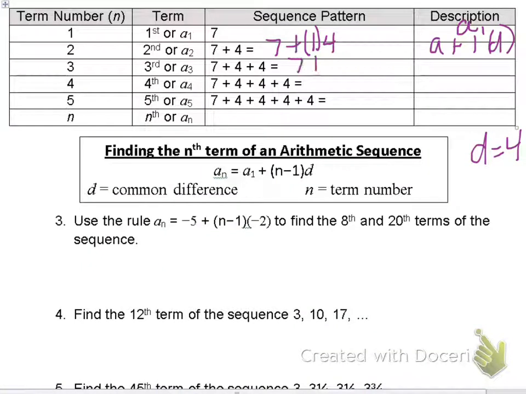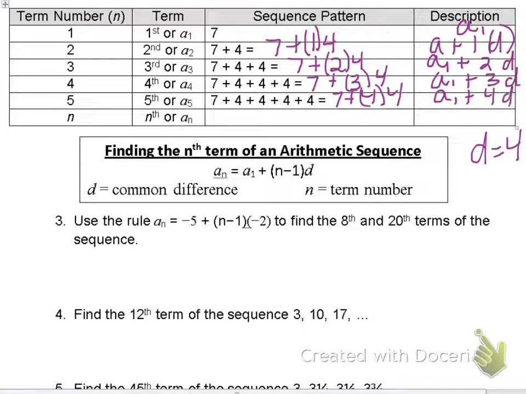That can be written as 7 plus 2 4s, which could also be written as A1 plus 2D. The next one, we have 7 again, plus 3 4s, which could also be written as A1 plus 3D. And then the next one, we have 7 plus 4 4s, which could be written as A1 plus 4D. And in the last box, we have 7,